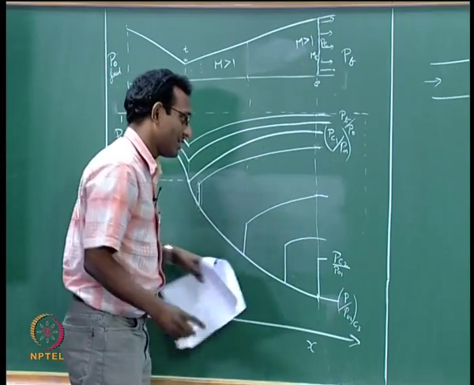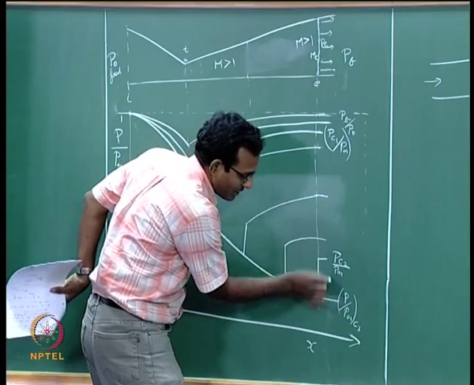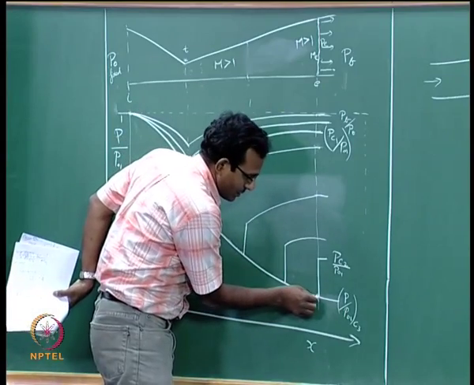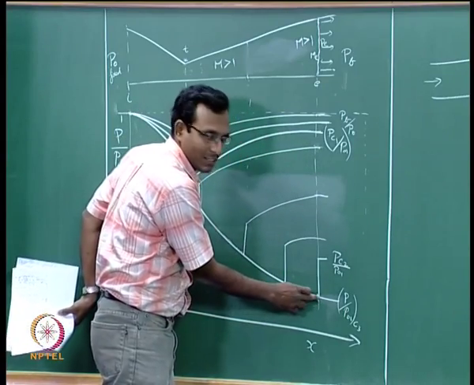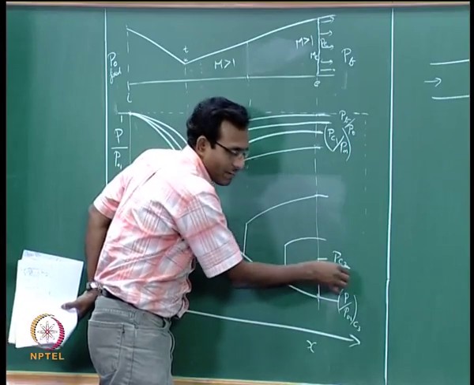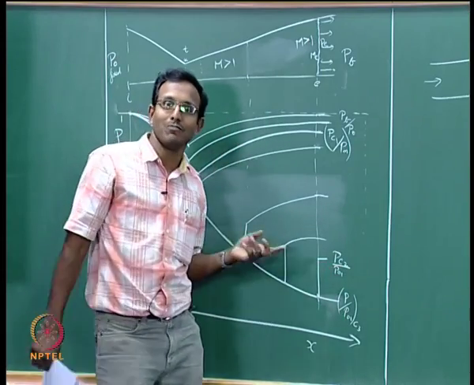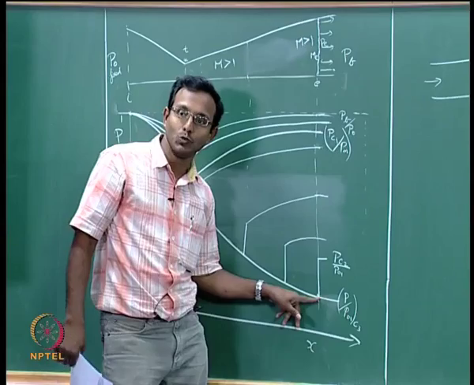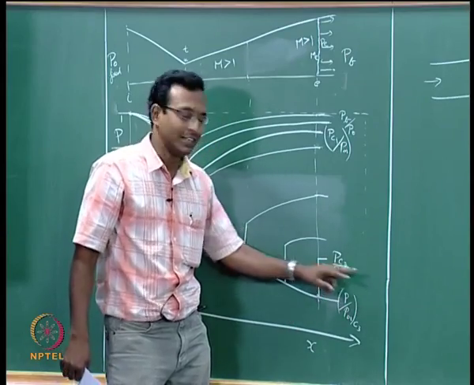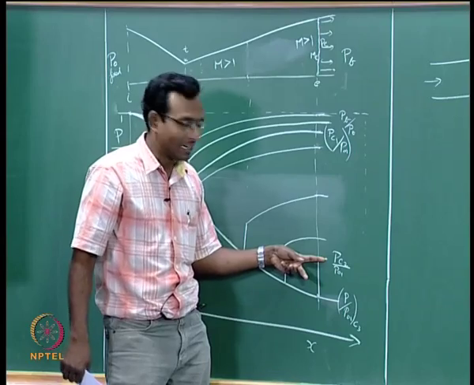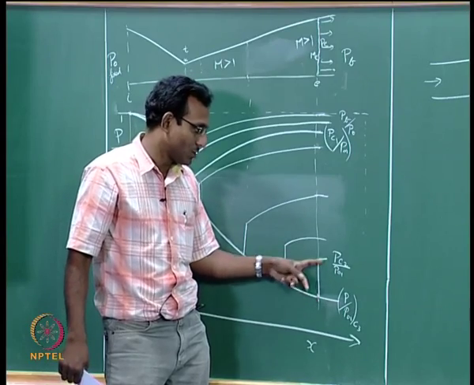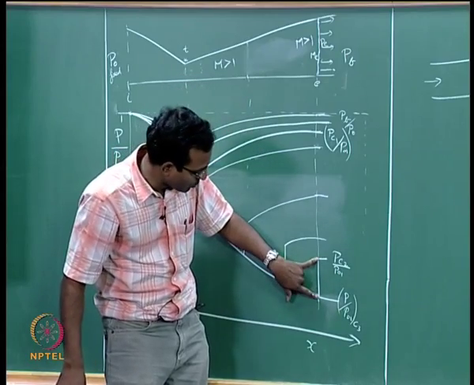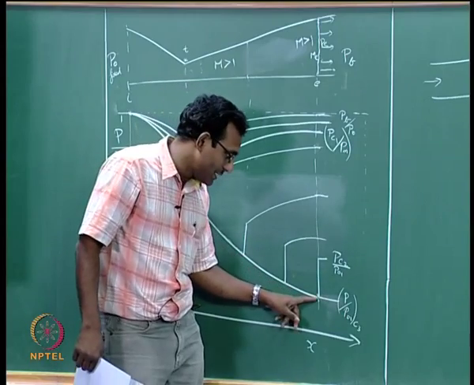As of now, we will just say that the region between P critical 2 and P critical 3 is a region where the nozzle has a P exit that is less than the PB value. That is, the nozzle has expanded the flow more than required. That is the over expanded case. The pressure is too low compared to what is needed. It did not meet the back pressure. Till here it met the back pressure. Here it does not meet the back pressure. So this is your over expanded region from P critical 2 to P critical 3. At P critical 3 it is perfectly expanded,